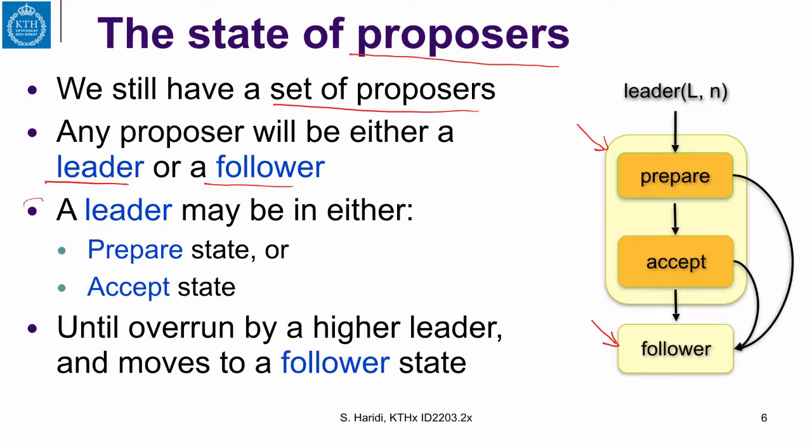A leader, on the other hand, within the leader state, can be either in a prepare phase. You remember the Paxos algorithm has 2 phases. One is a prepare phase, and the next one is an accept phase. The prepare phase is just getting the authority to propose values, and it gets it from having a set of acceptors that agree on it. So these 2 phases will be quite different. Therefore, a leader will be either in a prepare phase or an accept phase. And once some other leader is taking over, the leader will move to become a follower.